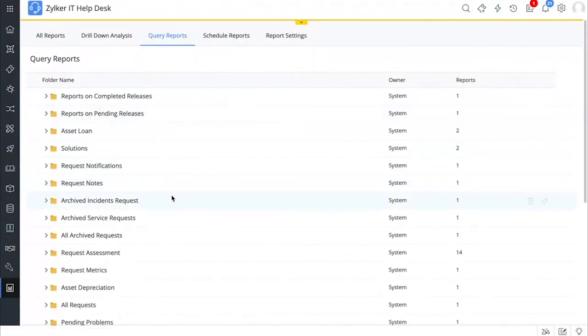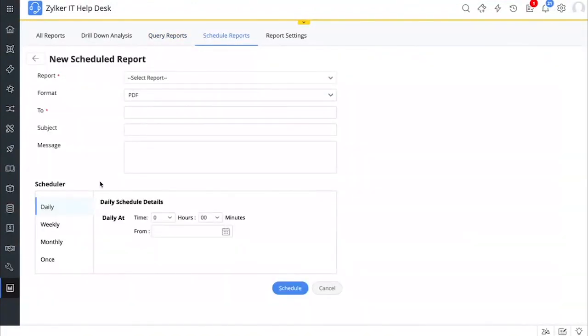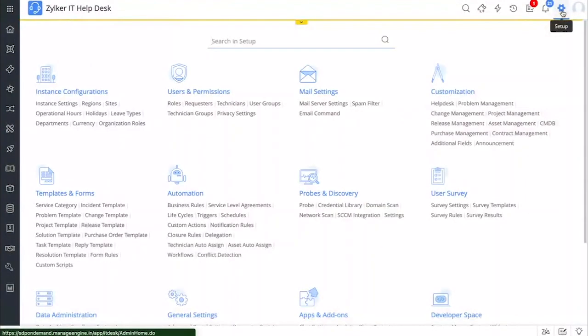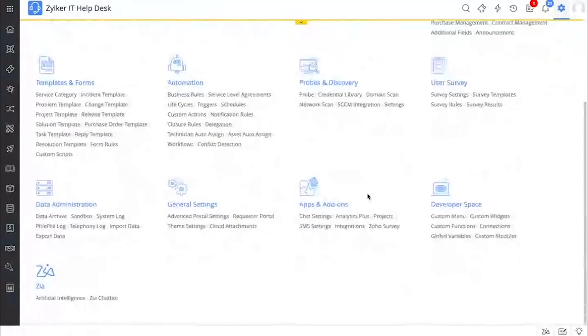You can create query reports, and you can also schedule reports based on your needs. So that can be done on a daily basis, on a weekly basis, and so on. And you can also collect feedback from your end users to ensure that you improve the performance of your service